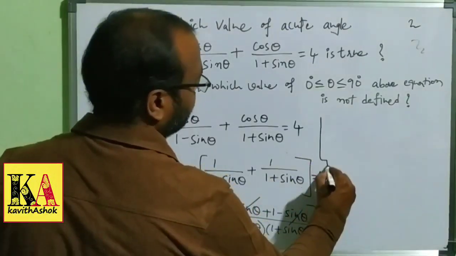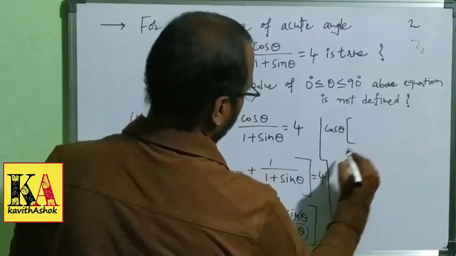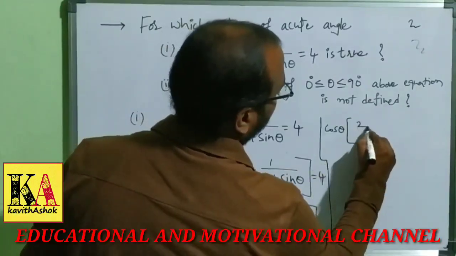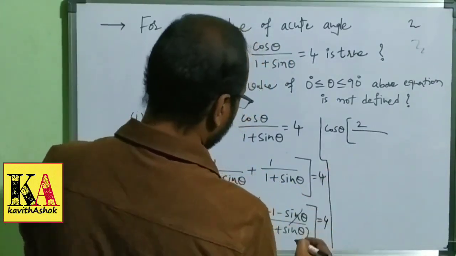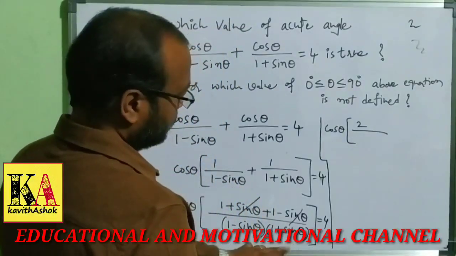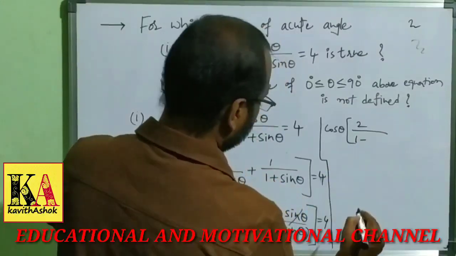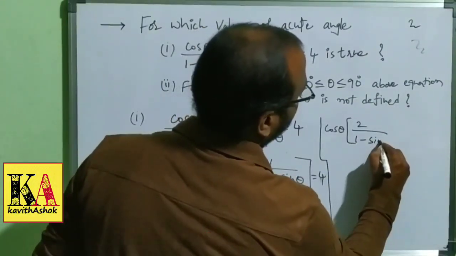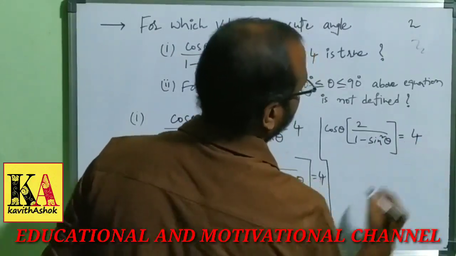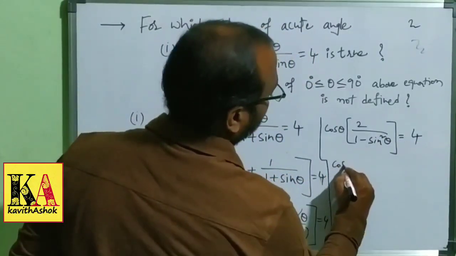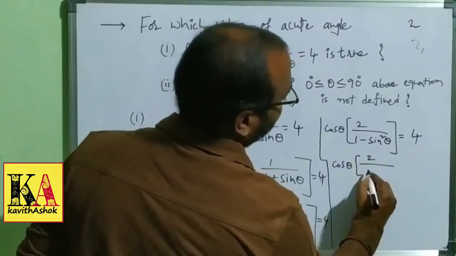The next step, cos theta into 1 plus 1, 2, by a plus b into a minus b, so a square minus b square. 1 square is 1 only, minus sin square theta. This is equal to 4. Now cos theta into 2 by 1 minus sin square theta